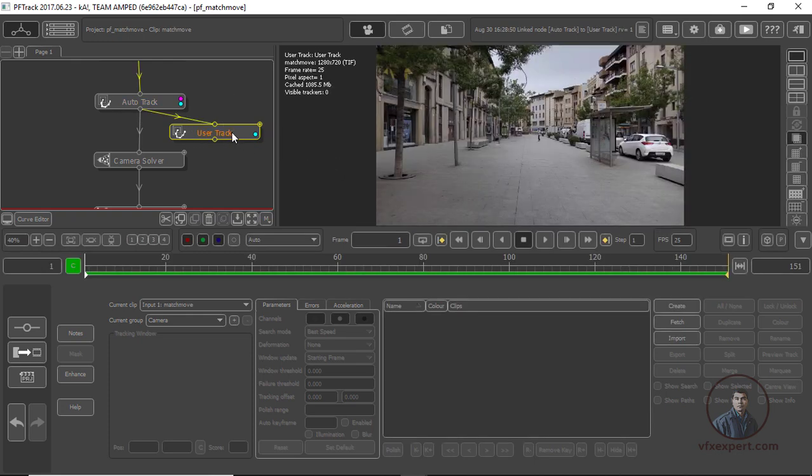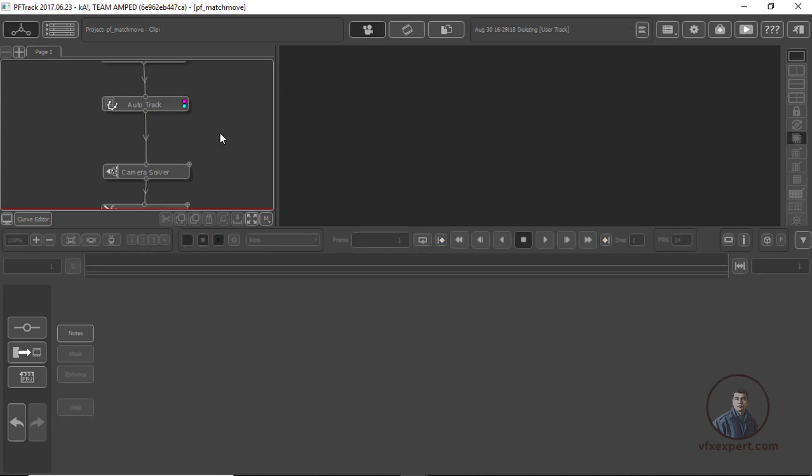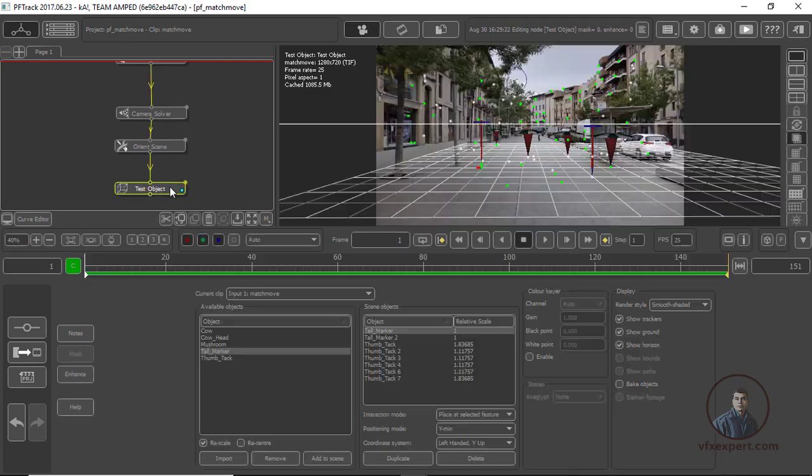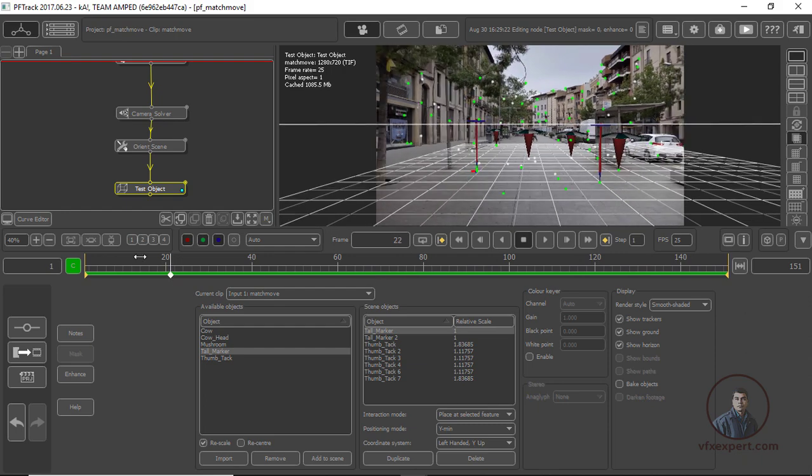Now from here just click on create, then you can select any points. Then after tracking, you have to attach the solver from here. So if you want to track a particular point, then you can use your user tracker. Okay, so this is your user track. Now simply select and press delete. Press delete one time, you will see there is an option yes, confirm, then again press S. Okay, so now finally just click again on your test object. So till here we have successfully placed our object, and also we have solved our camera.